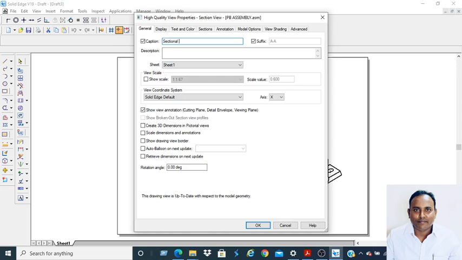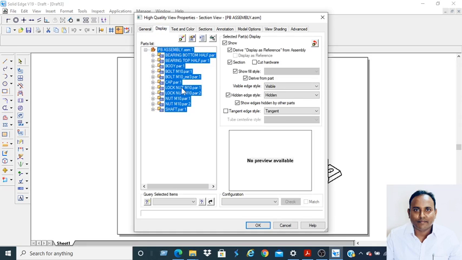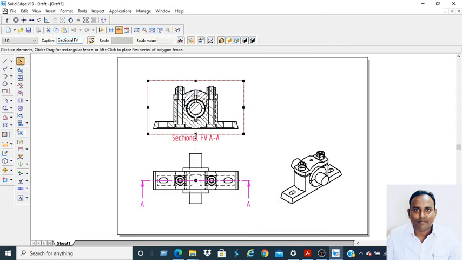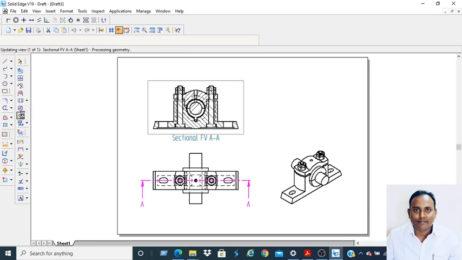In the display, we should switch off the section of these parts: shaft, nut, lock nut and also bolt. Switch off the section, click OK, and click on update views.